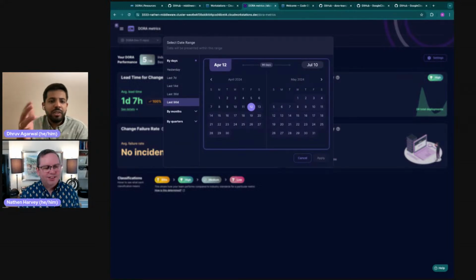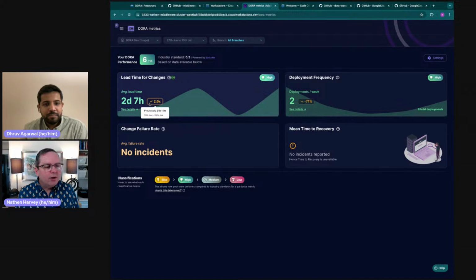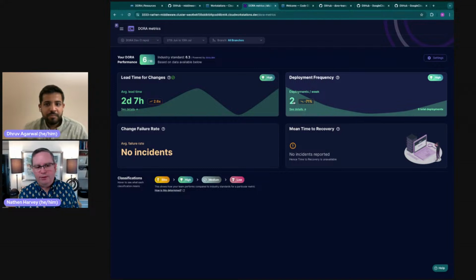Yes, it's customizable. The default that we usually take is 30 days of sync. So why don't you do last 14 days so that we have an equivalent comparison window? Okay, perfect. Oh, look, we're even better now than we were over the last 90 days. We must be improving. Yes, awesome. So I can absolutely see my lead time for changes, and it shows me that it's trending upward, so that's really good. For my deployment frequency, I see about 2 deploys a week.